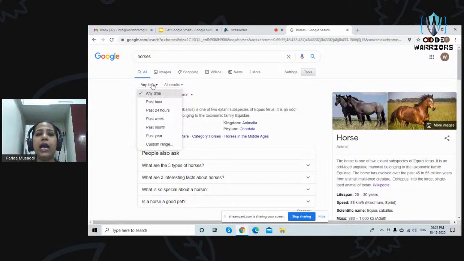For example, I am searching for horses. Now, if I want to search updated information about horses in the past 24 hours, or in the past week, or in the past month, then I can choose that. Let's say, for example, I'm searching about coronavirus, and I just want to know what activity has taken place in the last 24 hours.